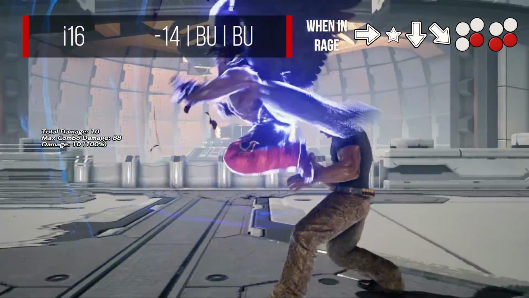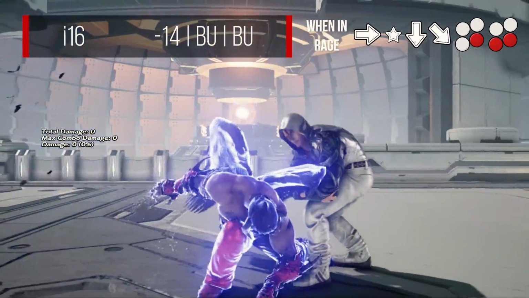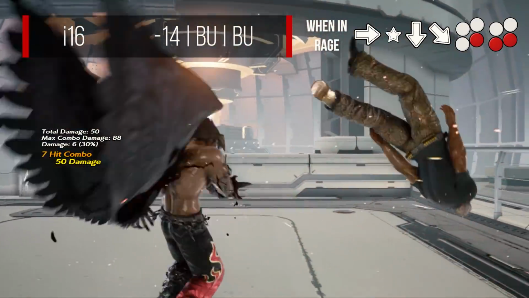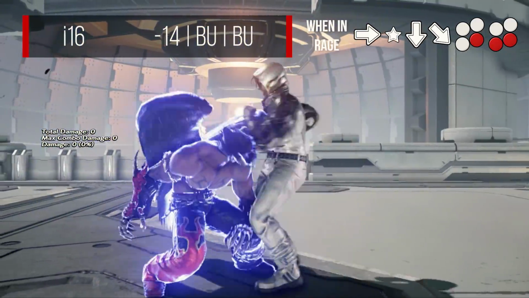It is an extension of his Hell Sweep that leads to a higher damage combo than the regular one. It is also considerably safer than the normal Hell Sweep at -14 on block. While this seems incredibly strong, because it kind of is, it is still incredibly risky, as it is equally as predictable as the normal Hell Sweep, and even though -14 might seem quite low risk compared to the normal Hell